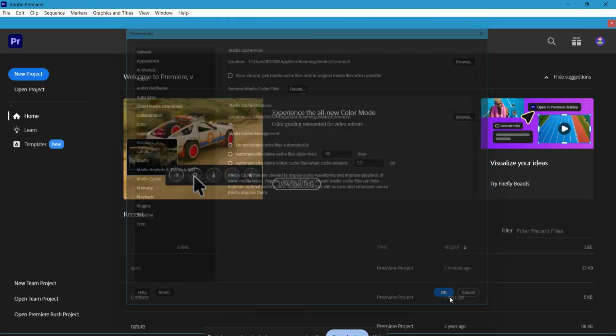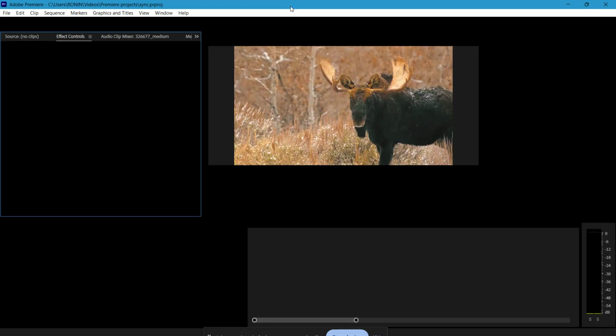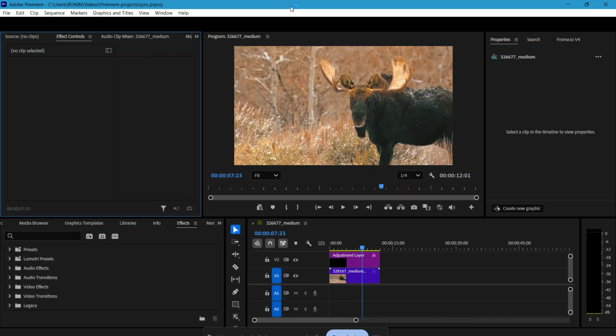After deleting the cache, it's a good idea to verify that everything is actually cleared. You can do this by checking the Media Cache panel again and confirming that the cache file list has been reduced or removed. If you still see old files, repeat the delete process and make sure you confirm the system-wide removal option. You may also notice that Premiere Pro rebuilds cache files over time as you keep editing, and that's